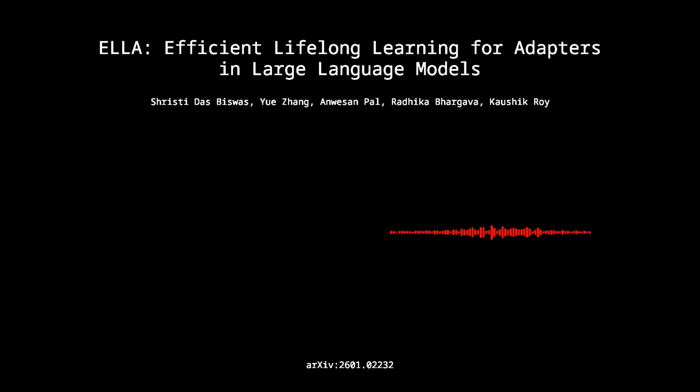So ELA proves that by selectively allowing that reuse in the low-energy subspaces, you get a positive accelerating transfer effect. The model is building knowledge constructively, not just defensively. And on the efficiency front, the numbers are pretty compelling for anyone thinking about long-term LLM maintenance. ELA gets up to a 35 times smaller memory footprint.